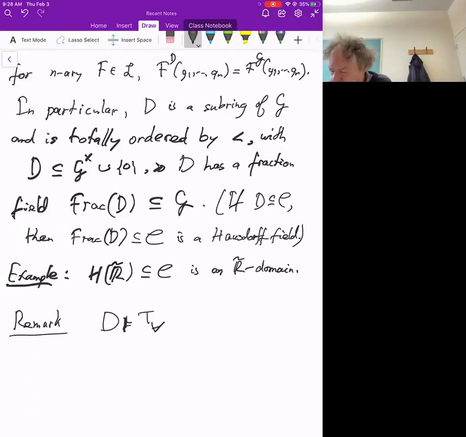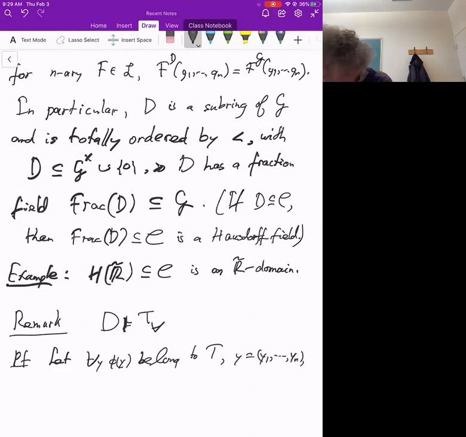but it is a model of the universal part of T. Here, T for all is the set of all universal L sentences that are in T. Proof: let for all y, phi(y), be an element belonging to T. In other words, y can be several variables, y1 to yn, and phi(y) a quantifier free L formula,